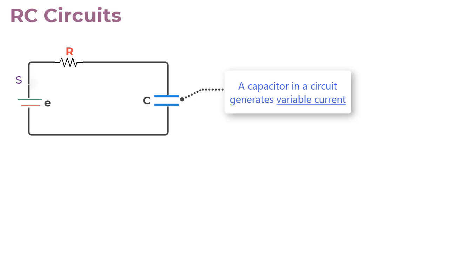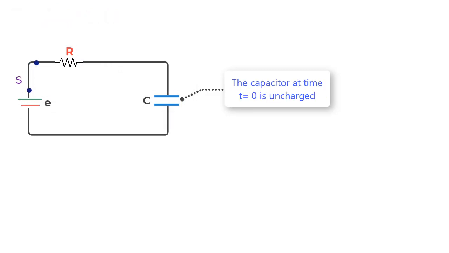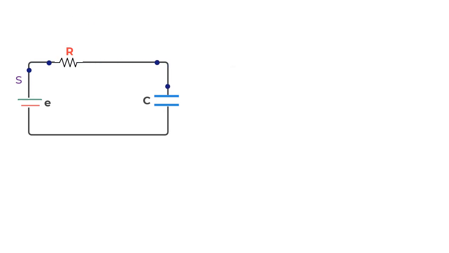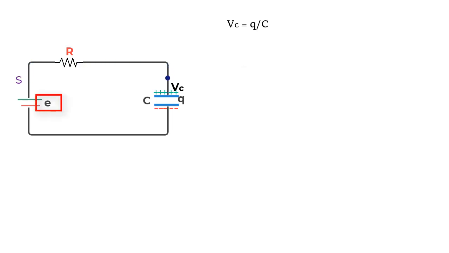So what we have here is a circuit that has a battery, a resistor and a capacitor that is initially uncharged, and we'll go ahead and close switch S so that charge and therefore the current starts flowing through the circuit, and as a result charge starts building up on the capacitor, and therefore a potential difference Vc equal to Q by C is created between the capacitor plates. And when this potential difference reaches the potential difference of the battery, that is EMF E, the current becomes zero.